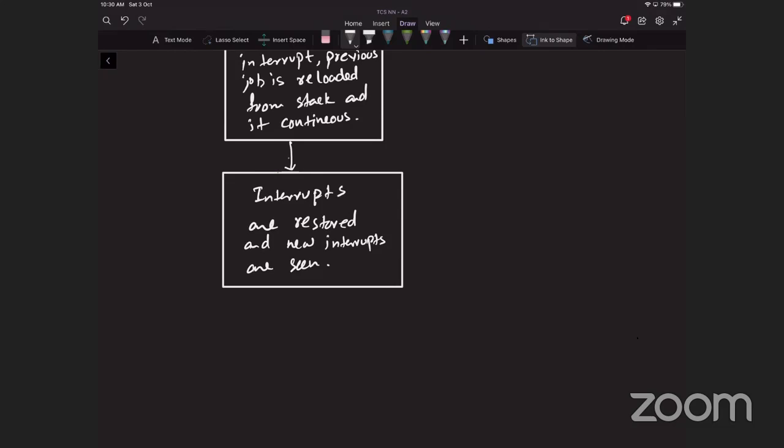So that's about it for interrupt handling with the help of kernels. It is nothing but an addition of what we have studied in